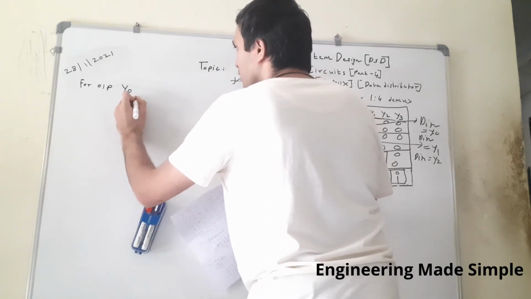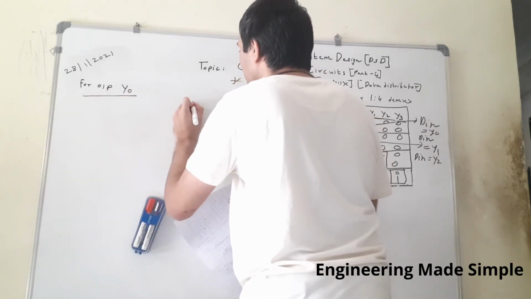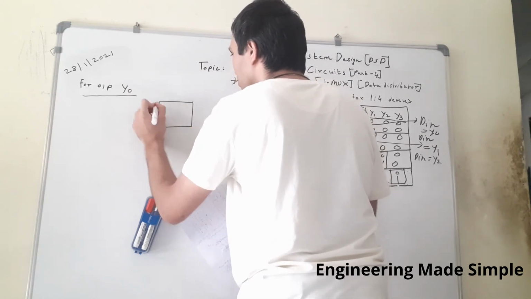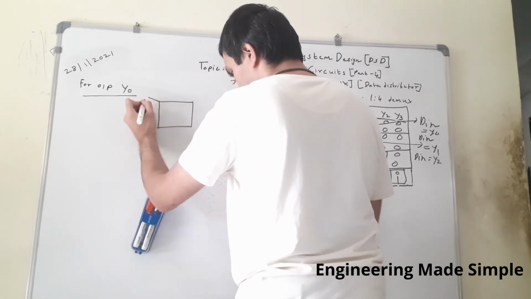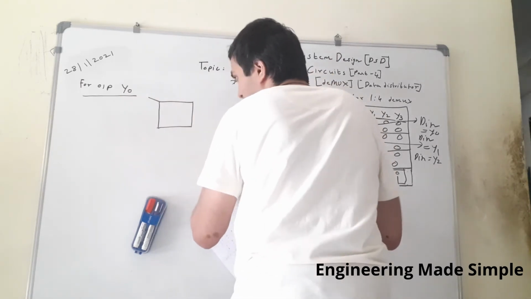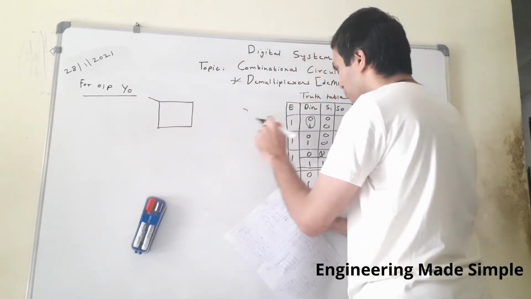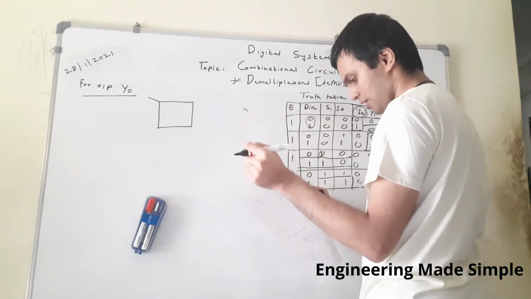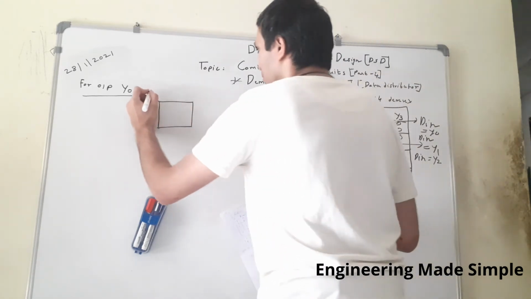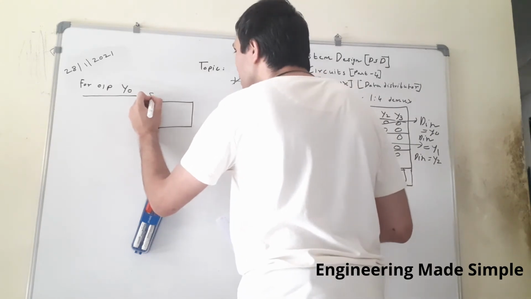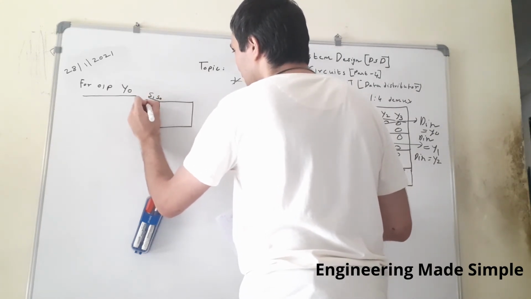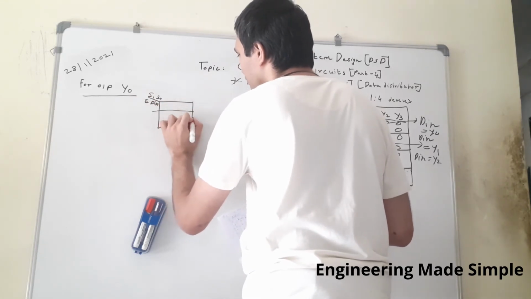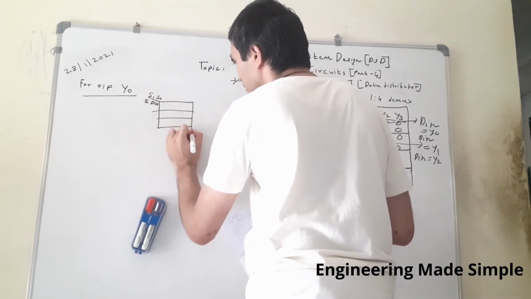Now observe, in K-maps we fill min terms, so it is a 4 variable K-map, right? So what are its inputs? E, DIN, S1, S0. Have a look at the truth table, which are its inputs? E, DIN, S1, S0. So let us write them. S1 S0 I will write at the top, and E and DIN. 4 variables.